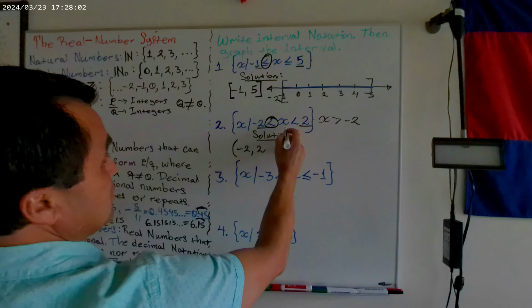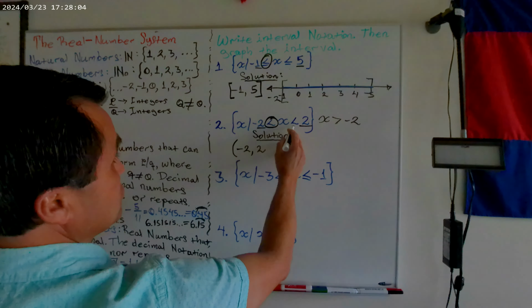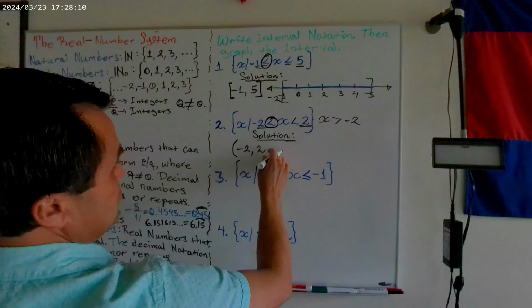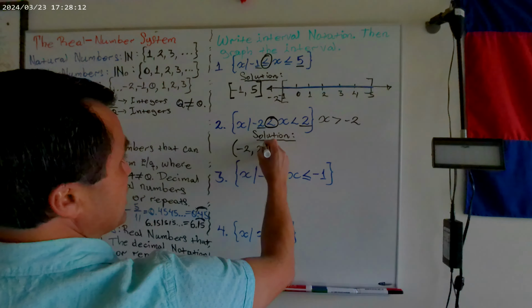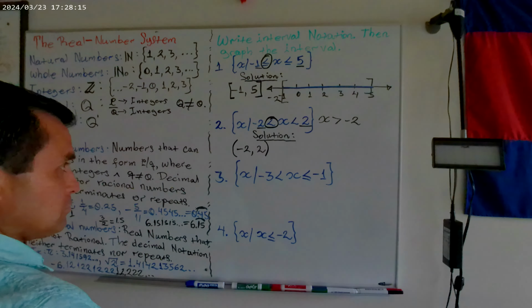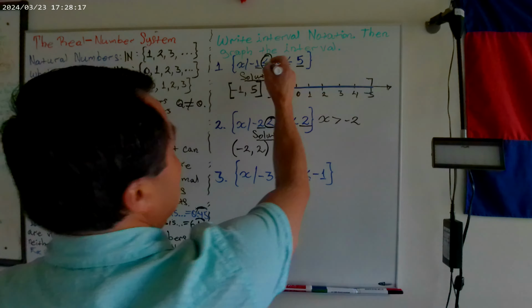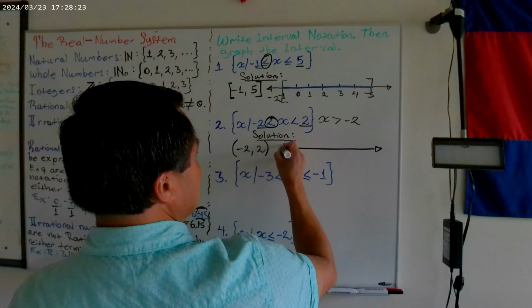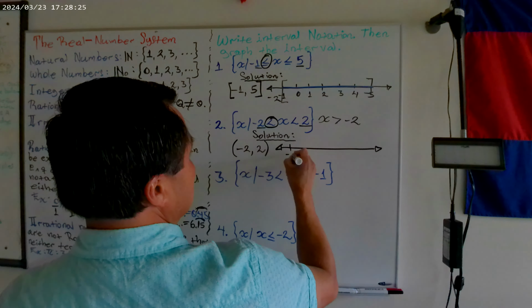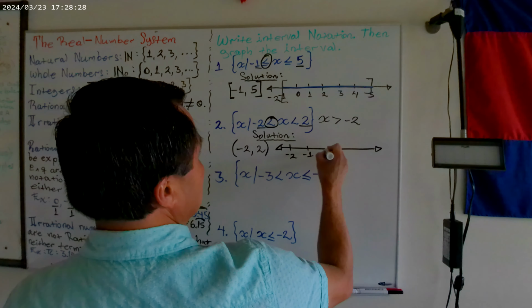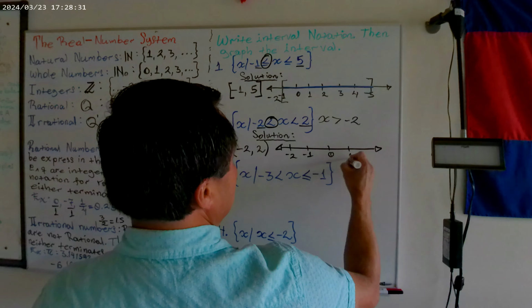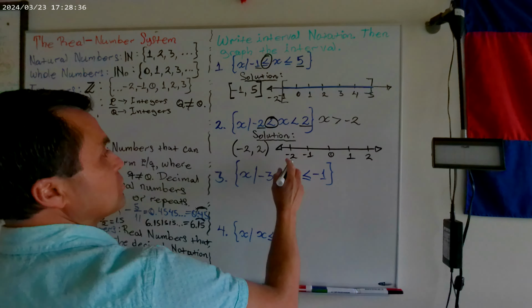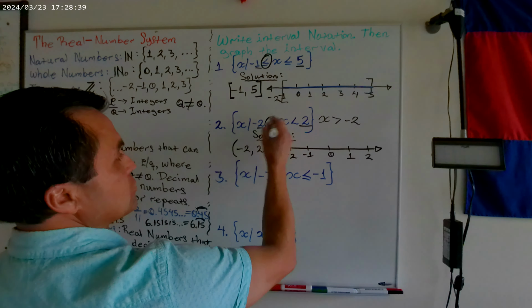Now on the right side, x is less than 2. If it's less than 2, then 2 is not included, so I'm going to write a parenthesis again. Now, let's do the graph. On the left side, since x is greater than minus 2,